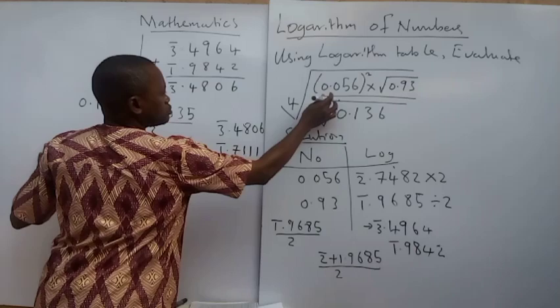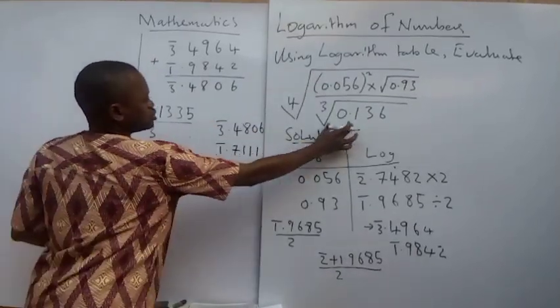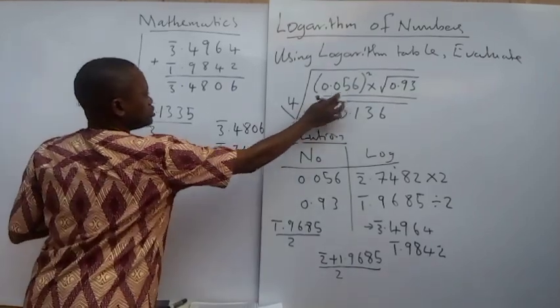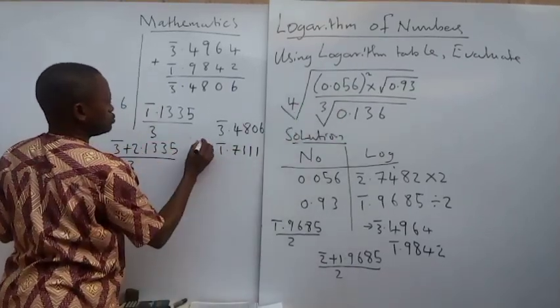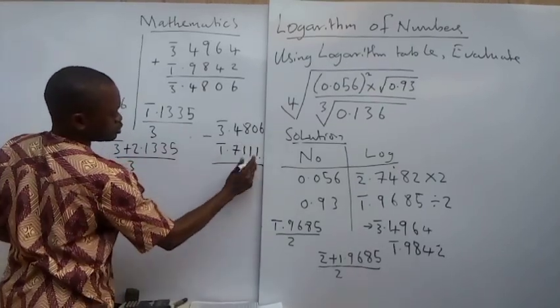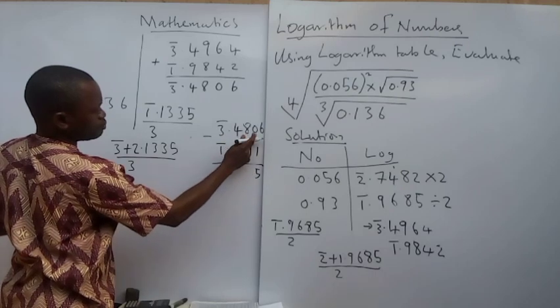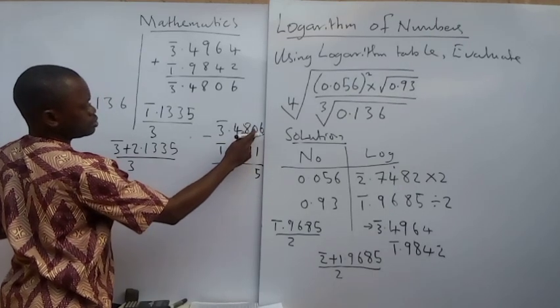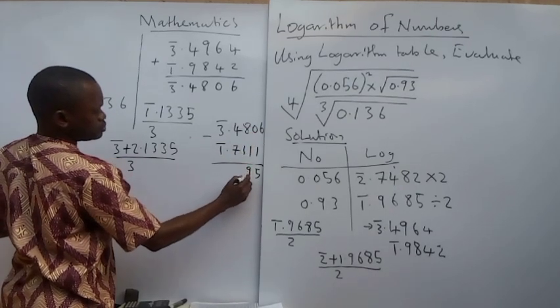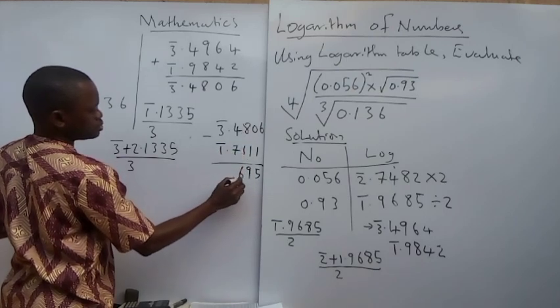This division, this information is coming from the numerator, and this is coming from this denominator. Then because this is dividing this, we subtract. So that is what I will do here. 6 minus 1 is 5. 0 minus 1, not possible. Take 1 here, it becomes 10. And then 10 minus 1, 9. And then this is 7 minus 1, that's 6.